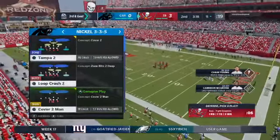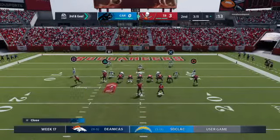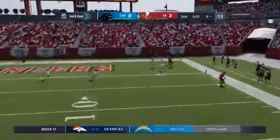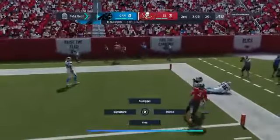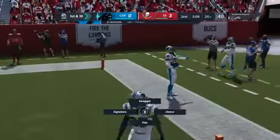To a field goal on their first drive. They want 6 now, but it's 3rd and goal. Now they'll throw here out of the gun. And this is going to be intercepted. Dante Jackson picks it. CD, I know it's just his second year in the league as a quarterback, but that's